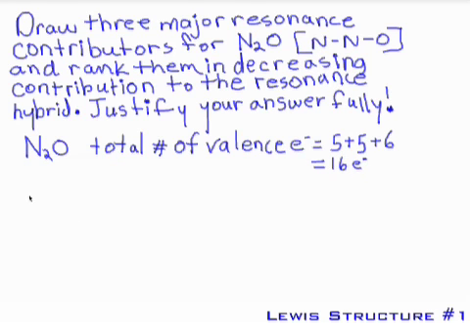If we start, nitrogen has 5: 1, 2, 3, 4, 5. The other nitrogen has 5: 1, 2, 3, 4, 5. And oxygen has 6. If we start joining up the electrons,